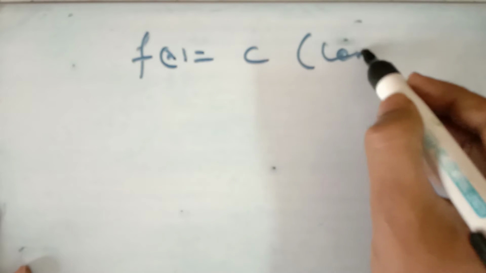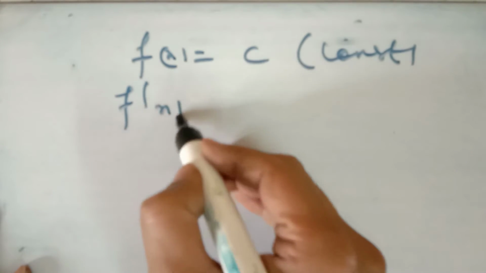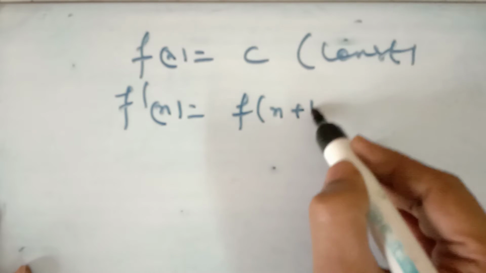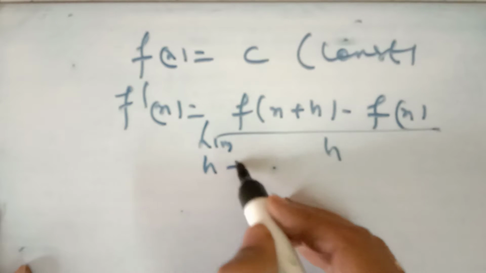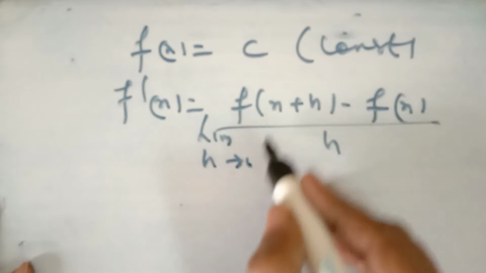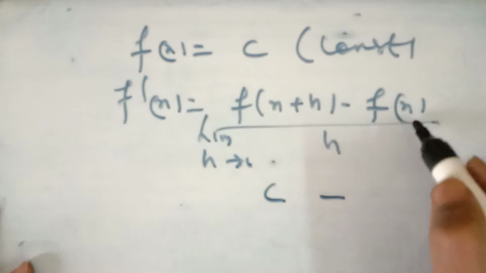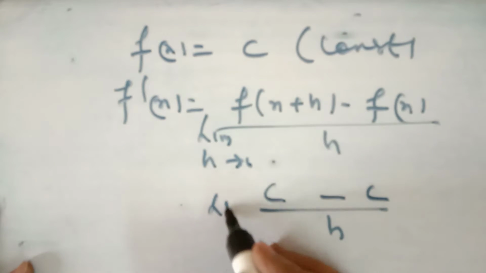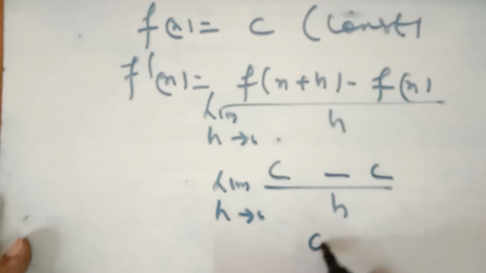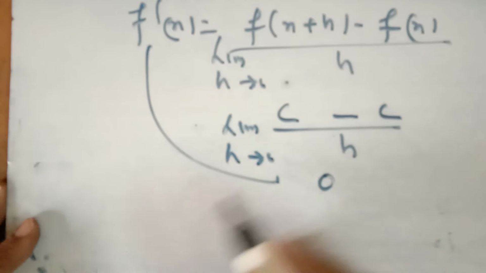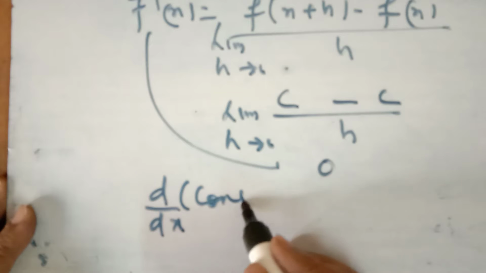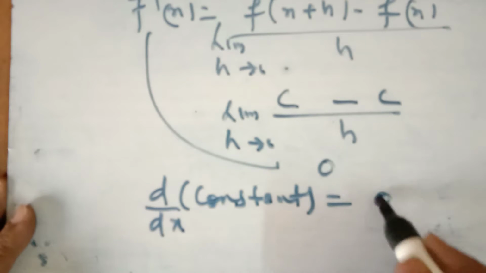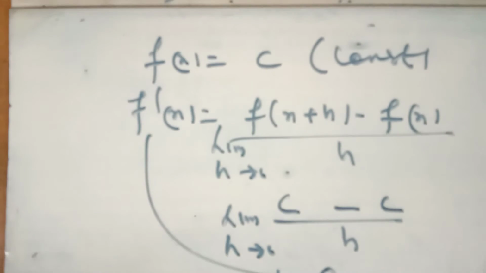Now we are finding the derivative of a constant. Let us say c is a constant. What is the derivative of the constant? Again, let f'(c) = limit h goes to 0 of (f(x+h) − f(x))/h. This is the formula of the first principle to find the derivative. So f(x+h) will be equal to c, and f(x) is equal to c, so (c − c)/h, limit h goes to 0, which is equal to 0. So you can write d/dx of the constant is equal to 0. The derivative of a constant is equal to 0.